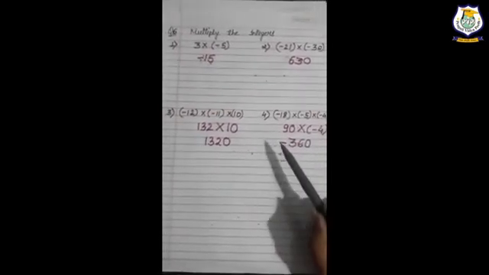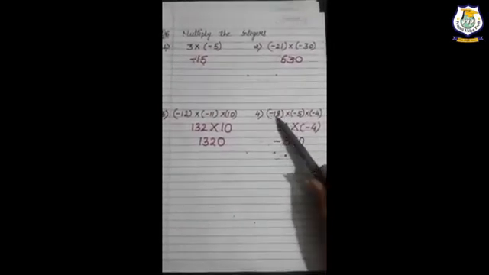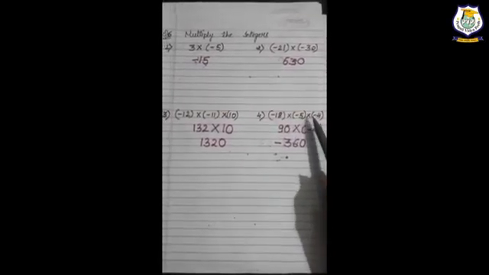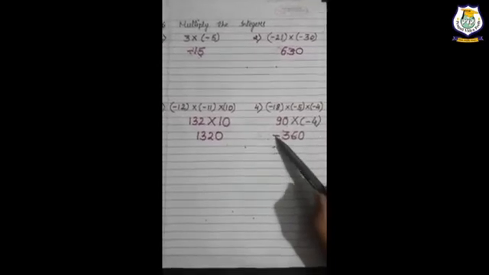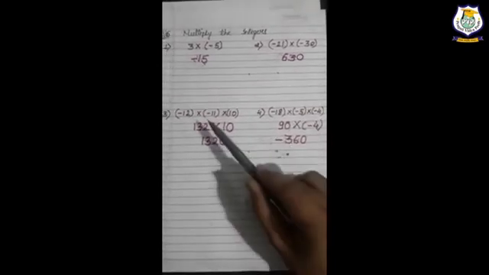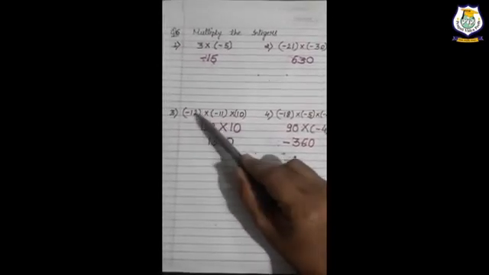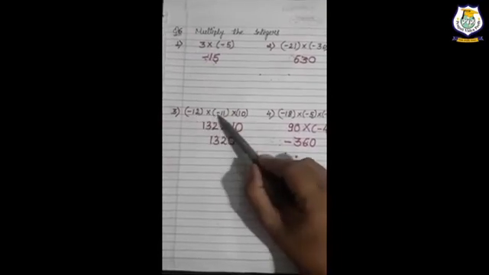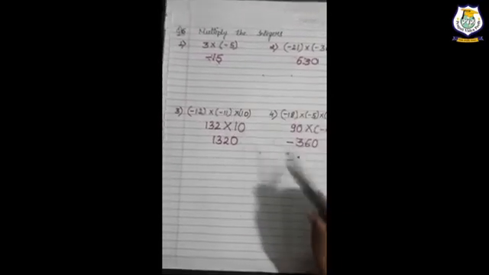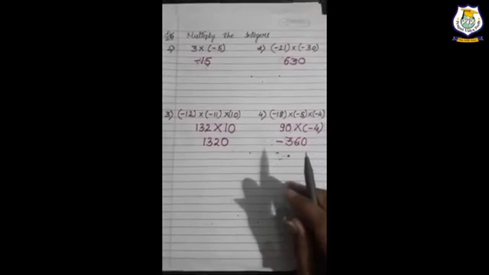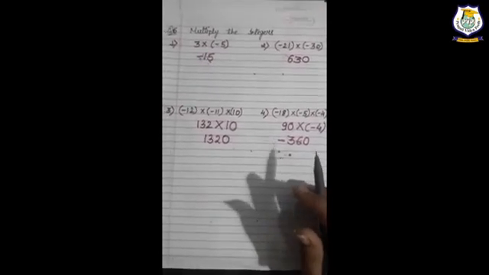Now you are able to understand how we will put the sign before the number in multiplication. And one thing you can also see here: whenever the negative sign is given an odd number of times, it means 3 times, then the answer will come with the negative sign. Whenever the negative sign is given an even number of times, it means 2 times, then the answer will come with the positive sign. Like that also you can do the multiplication of integers.